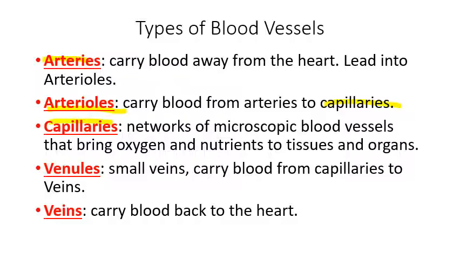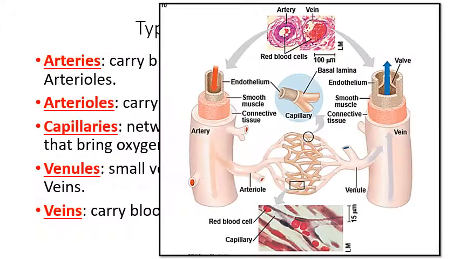Okay, so once the oxygen has been deposited to the organs, the blood leaves the capillaries into small veins called venules, and then into large veins, and then back to the heart. Now there are some physical differences between arteries and veins. But first of all, let's notice that in these two cross sections, these two diagrams of arteries and veins,